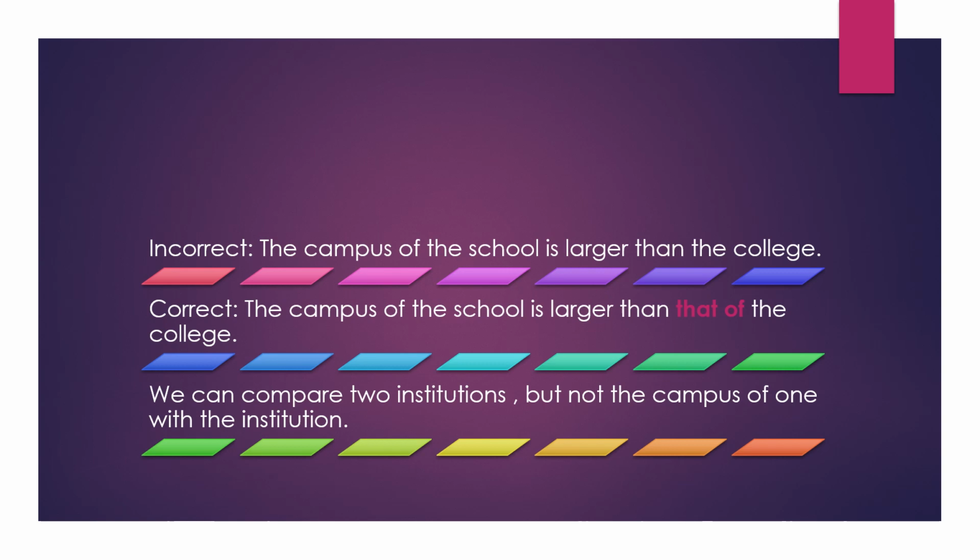But it is advised that you should not change the essence, the meaning of the sentence. Having removed the word campus would give a different meaning to the sentence. You are not advised to change the sentence, only correct it. Therefore, it is advised that you make the changes like "than that of the college" or "than the campus of the college", which will render correctness to the sentence. So the correct sentence will be either the campus of the school is larger than that of the college, or the campus of the school is larger than the campus of the college.